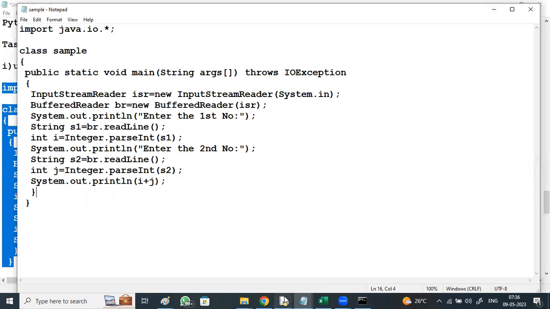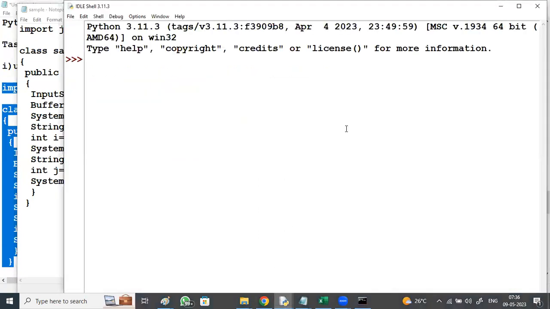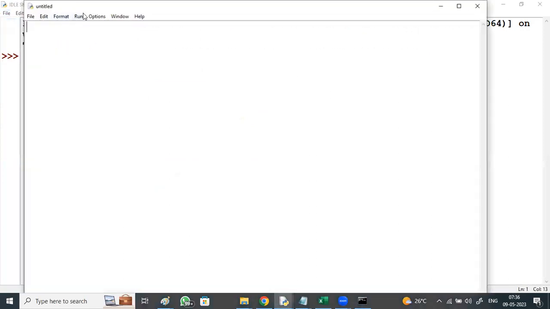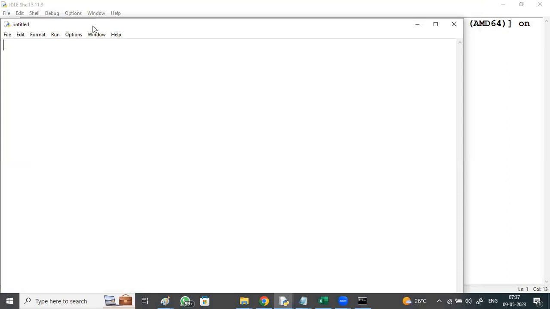I'm opening the Python shell, version 3.11.3. File, new file. Observe the code for the same task.